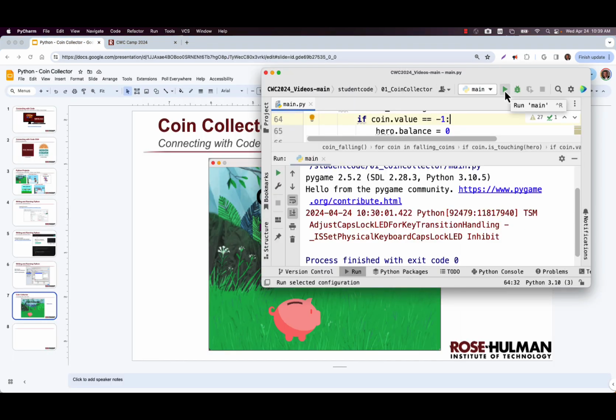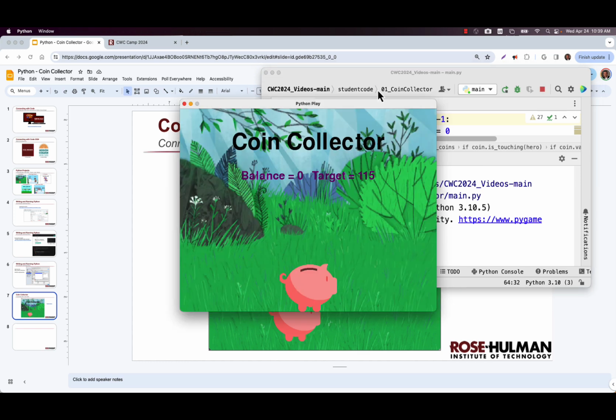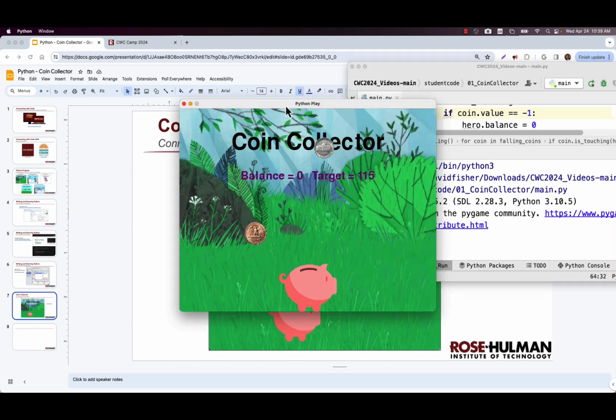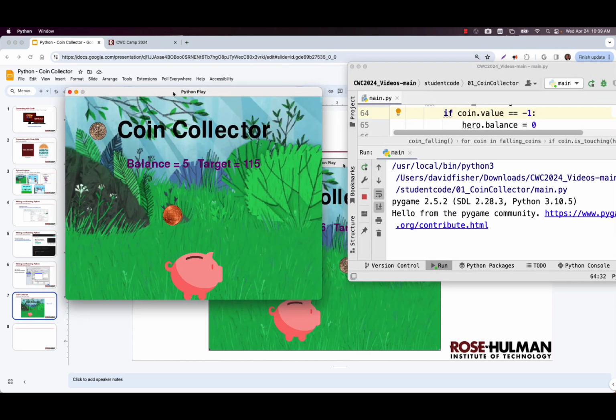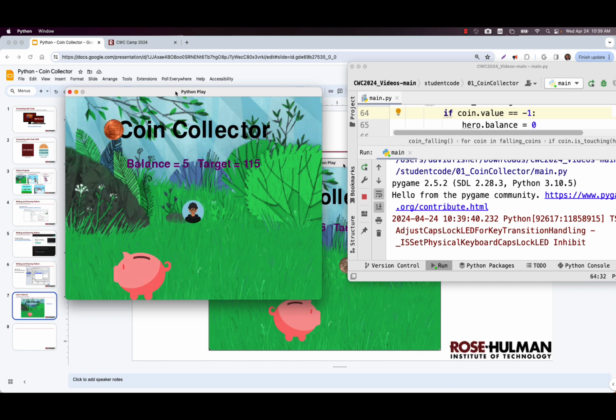I like to do it in PyCharm. Local on my computer, you can see that it just loads right up here. We're also going to be teaching you how to get this set up in PyCharm. The hardest part of this camp is really the first day of just trying to get things set up to where you can do it.